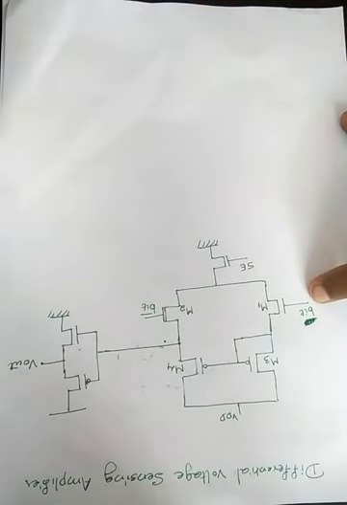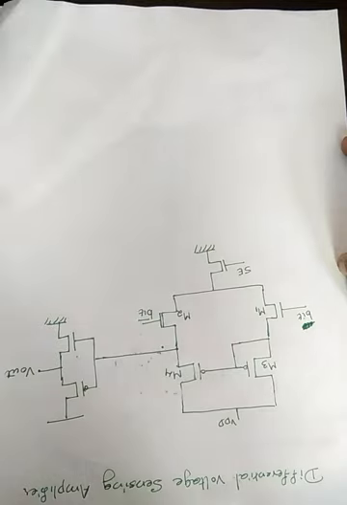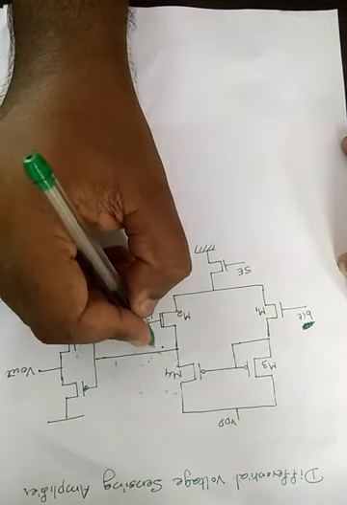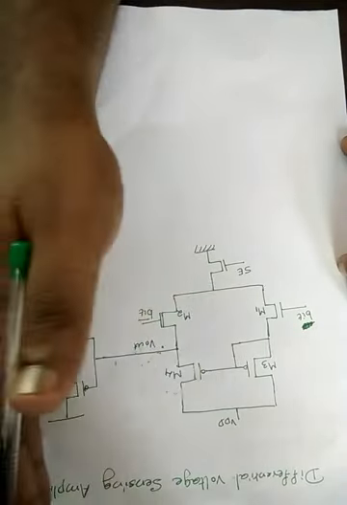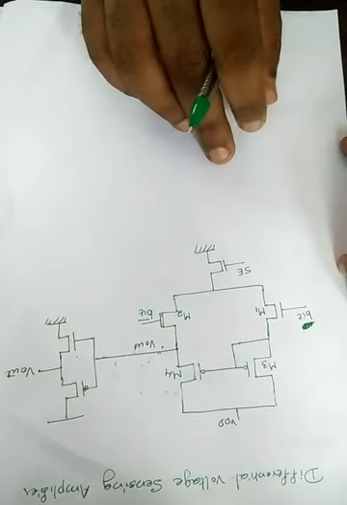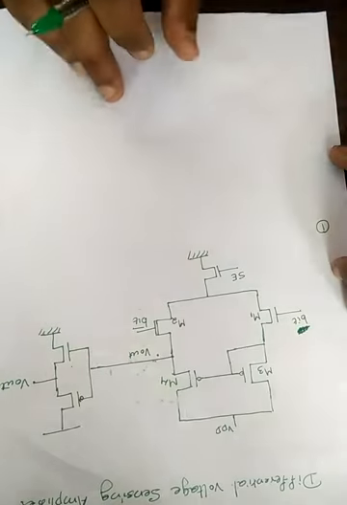we have to analyze two other circuits. If you are able to analyze that circuit, then simply you can find the working of this circuit easily. So I am going to mark this terminal as V out, and I am completely skipping this portion for the time being, and we are going to analyze this much part of the circuit.